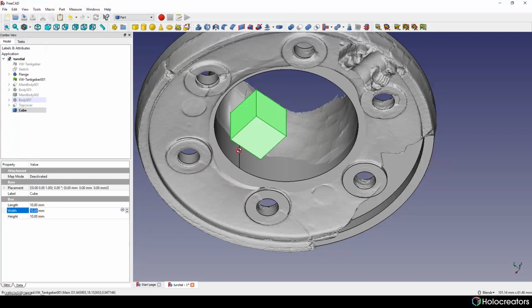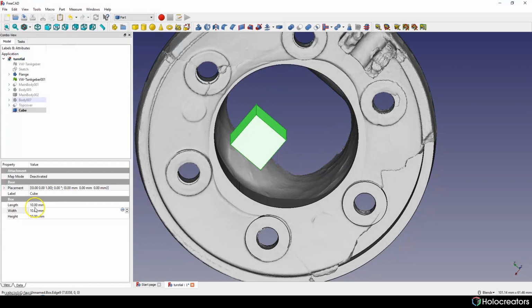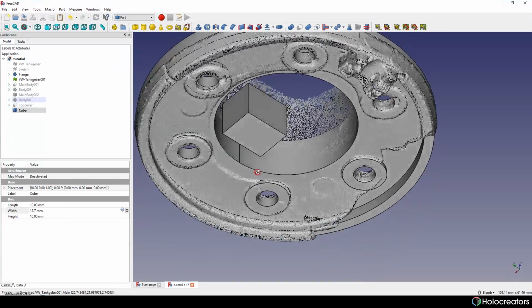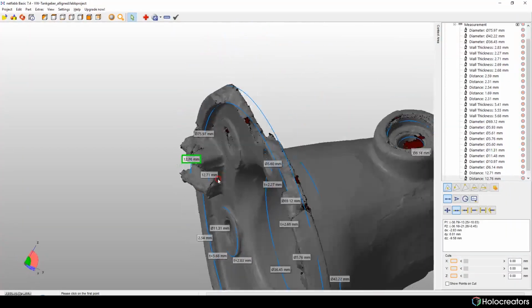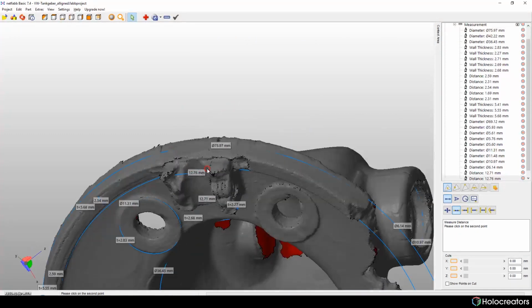So let's see where we have to put this. 12.7. Next we need to know the dimension of this.